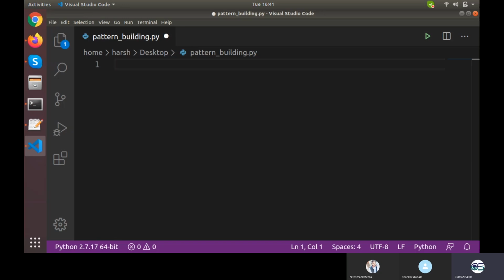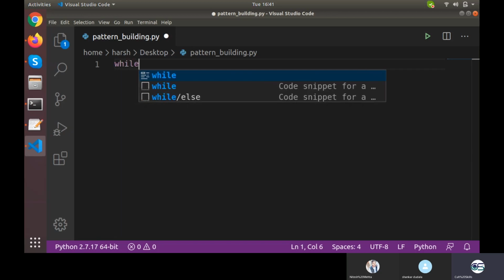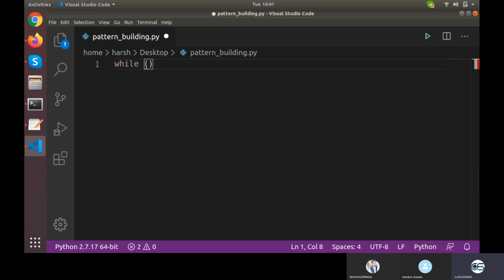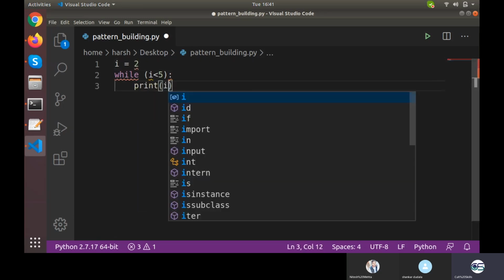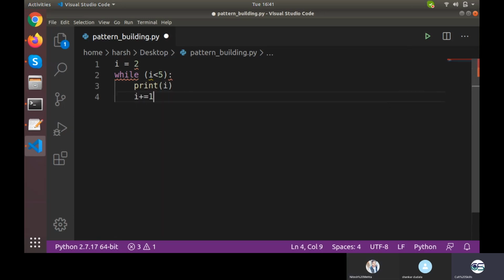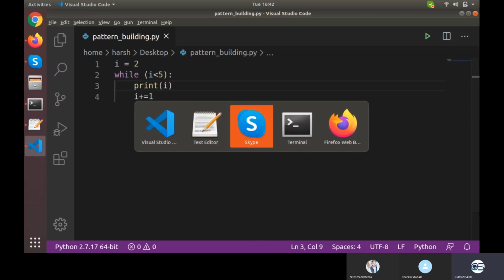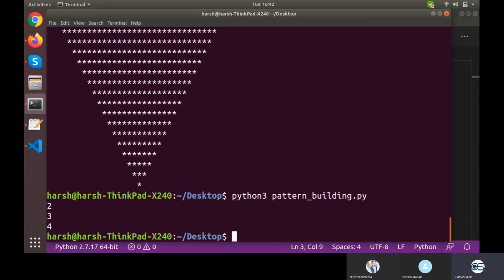What I want to do is introduce one more type of loop right here, which is while. So what does this while loop do? It will take input for a kind of condition: while i is less than 5. Suppose the existing value of i is 2, and then I'll print i, and then I'll say i plus equals 1. So the value 2 will be printed, then it will become 3, then 3 will be printed, then it will become 4, then 4 will be printed, then it will become 5. So 5 is not less than 5, so the i value will not be printed. Let's see. It gave me 2, 3 and 4.